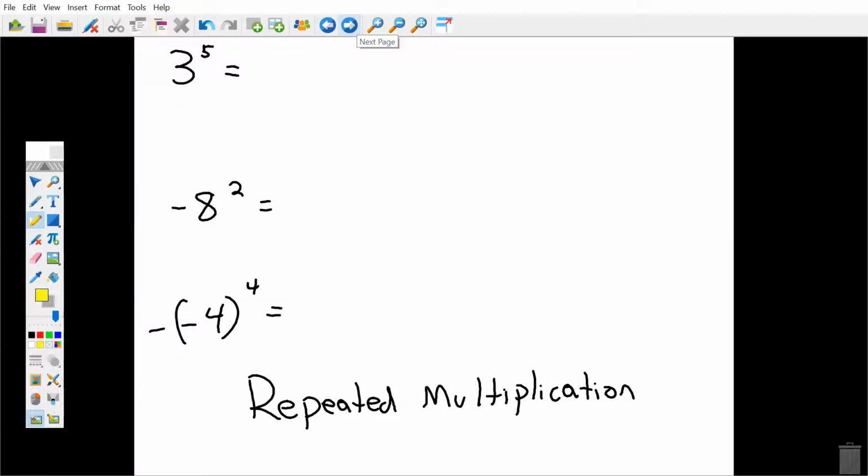For this question, I would like you to write these in repeated multiplication form, please. 3 to the power of 5, negative 8 squared, and negative times negative 4 to the power of 4. Please try that now. The answer is